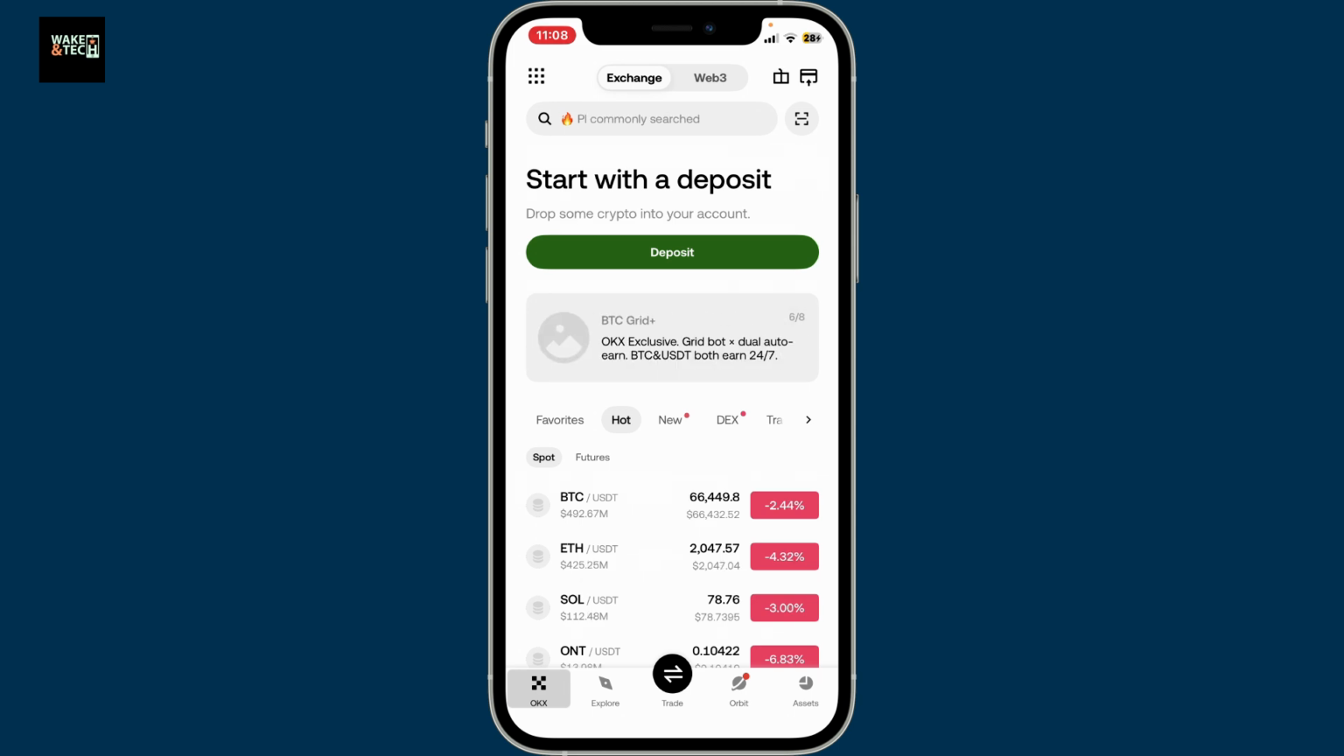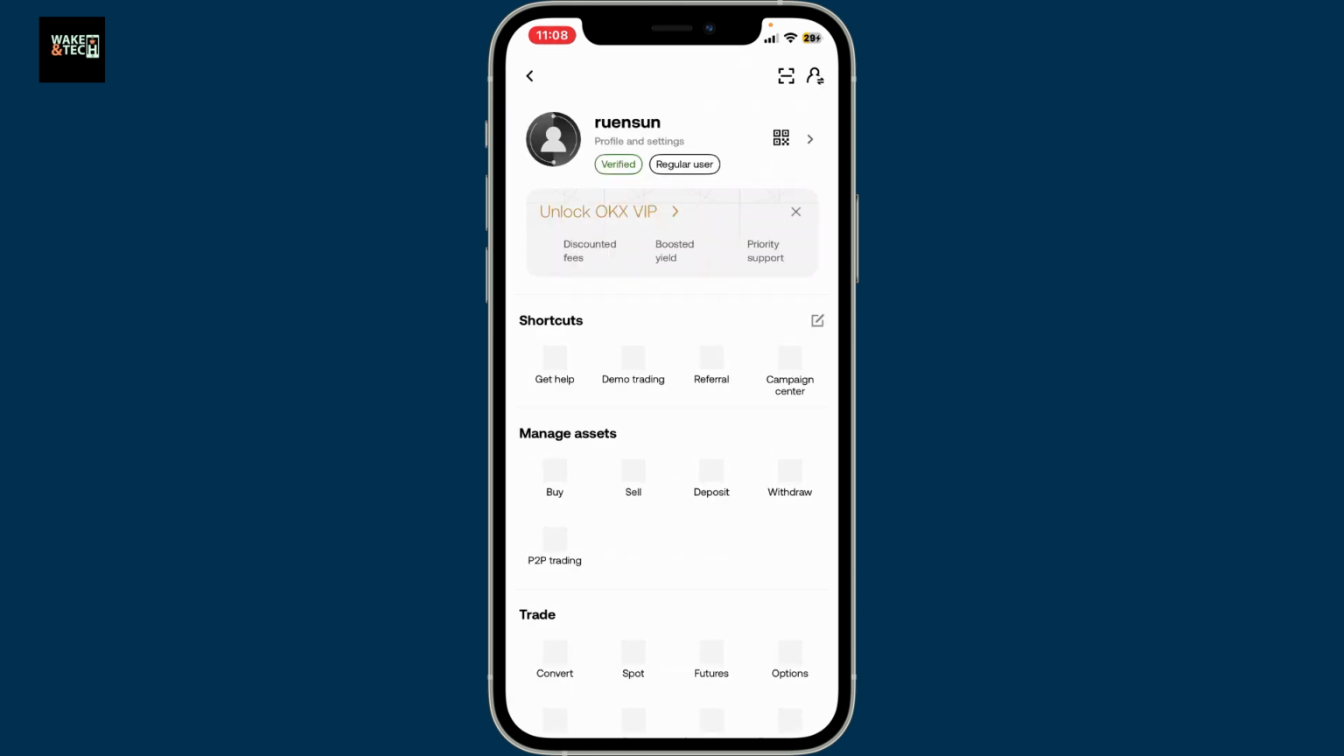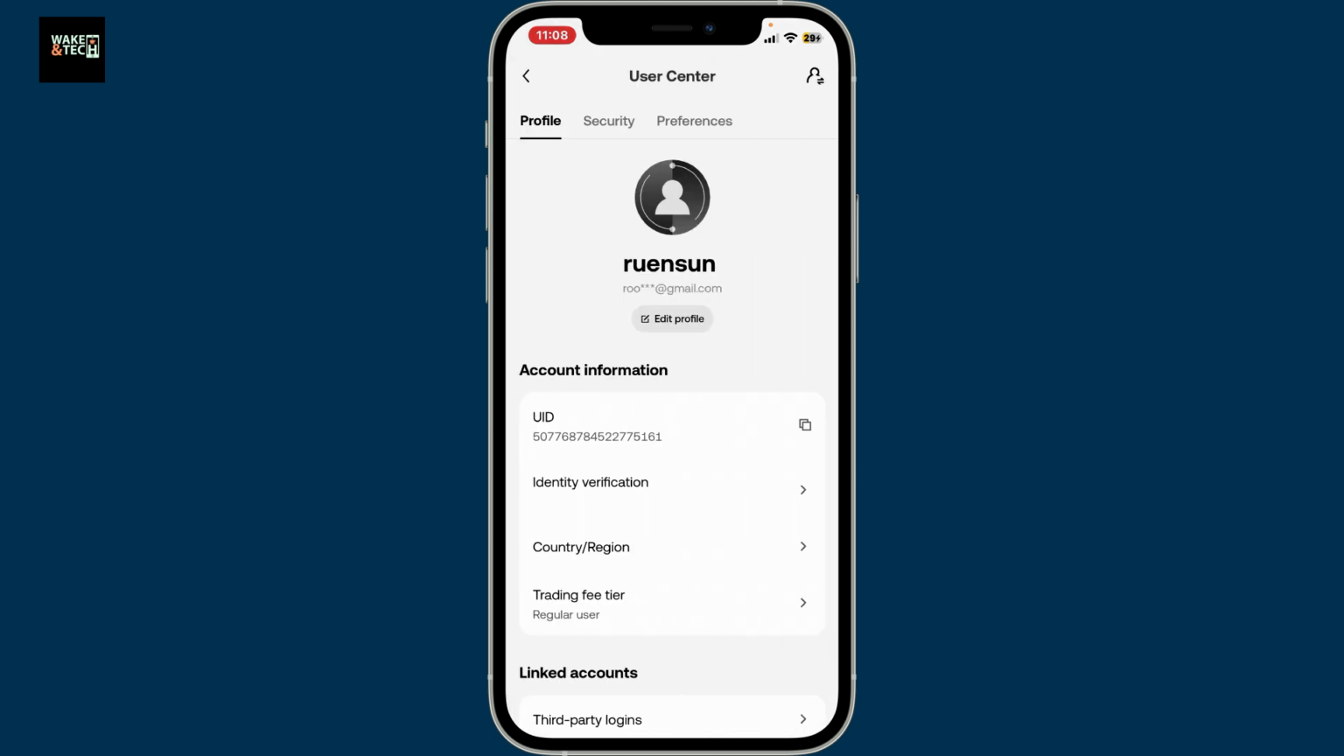First of all, open the OKX application on your smartphone and log into your account. Once you're inside the home page, go ahead and click on the menu button at the top left corner. From the expanded menu, tap on your username at the top, and in the User Center, select Preferences from the